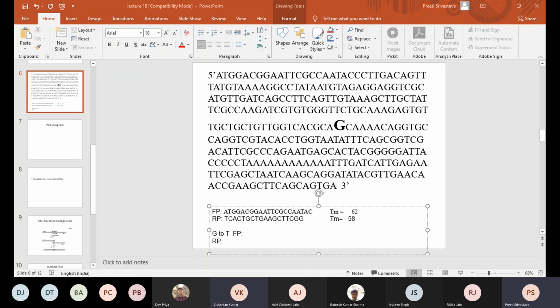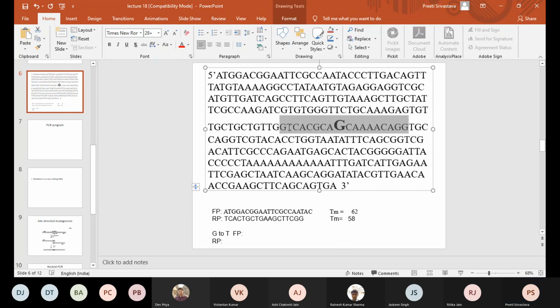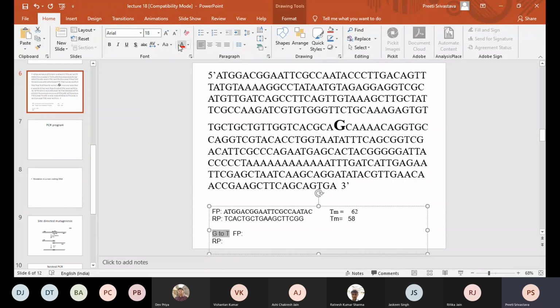Can you explain that again? Okay, so you design a forward primer, you have designed a reverse primer. If I want to change this G to T, I will design another forward and reverse primer. Let's say from here to here, something like this, right? You can select this region, depending upon stretches of A's or C's or G's. So you're going to design a primer, but in this primer you are going to substitute G with a T, because the objective is you want to mutate this G to T.